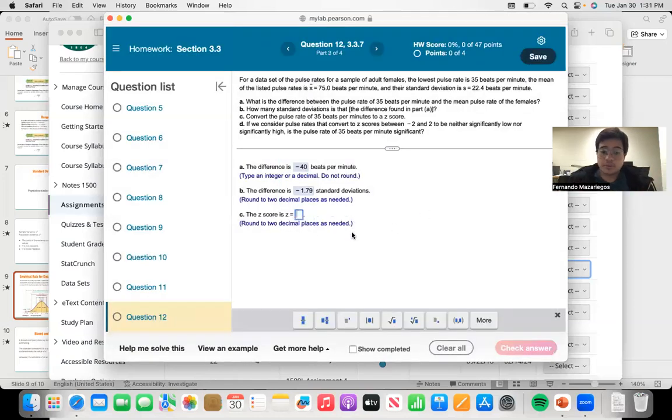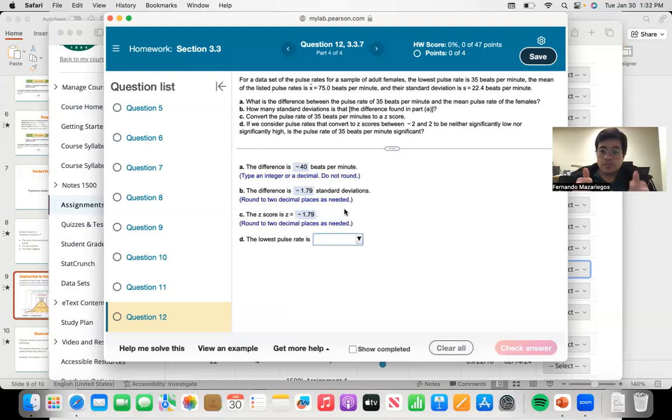And then we find the z-score. Remember the z-score? We have the formula x minus the mean over the standard deviation. In this case, the value is 35. The mean is 75, and the standard deviation is 22.4. Notice this is precisely what we calculated above. So these two numbers should match. Good. And the lowest pulse rate is,